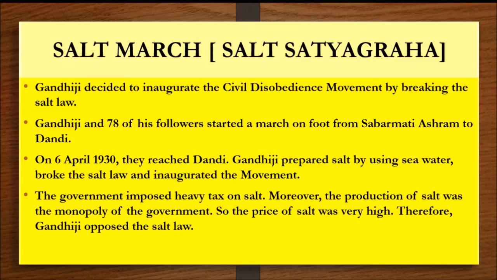The first thing which Gandhiji thought, children, was to unite people. There should not be any separation between the people. This could only be done if the problems of all sections of society were taken into consideration. With this view, Gandhiji sent a letter to Viceroy Irwin